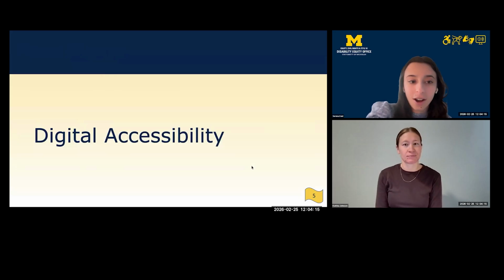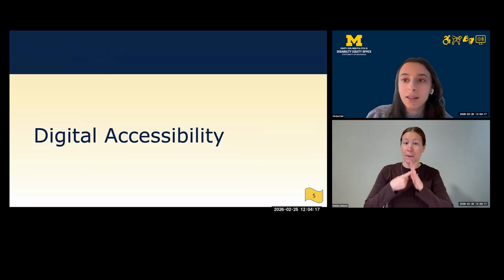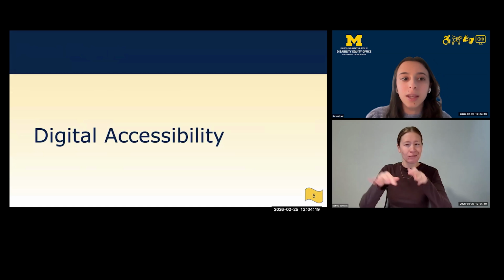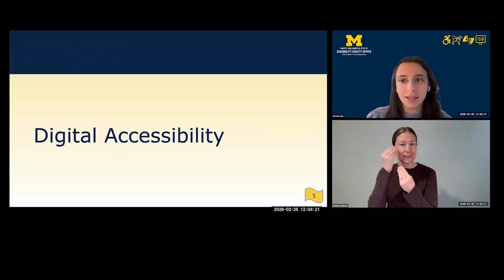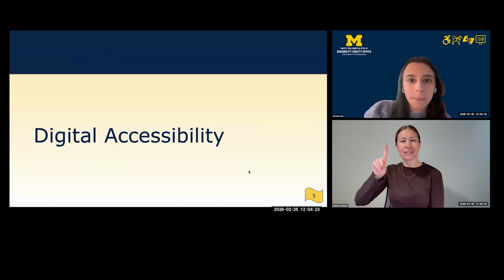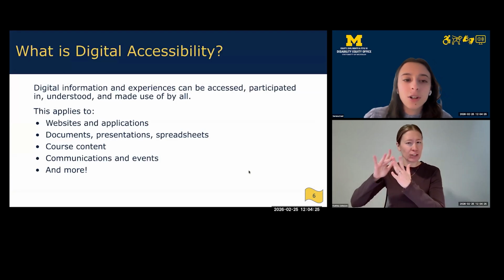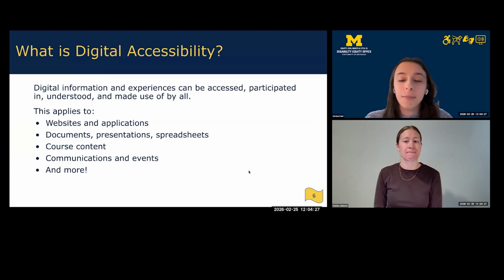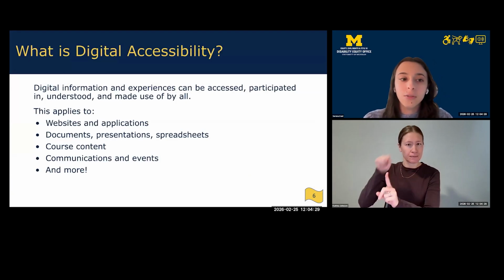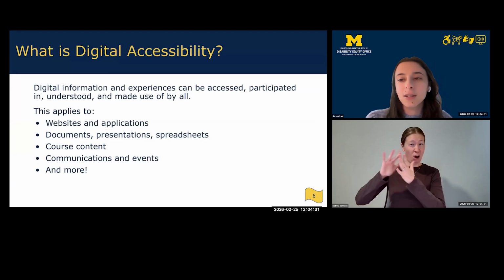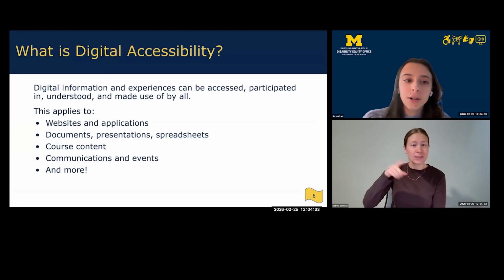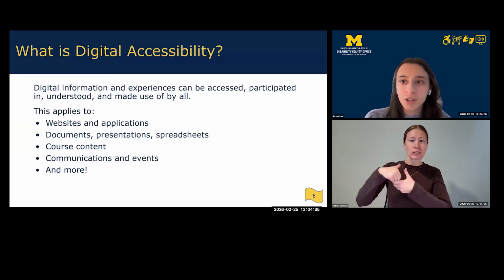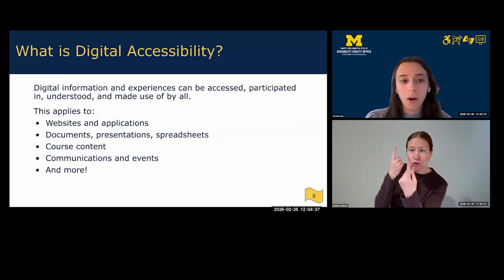Okay, to start things off, I'm going to give a little context for what we mean when we say digital accessibility. Digital accessibility is about making sure that digital information and experiences can be accessed, participated in, understood, and made use of by all.